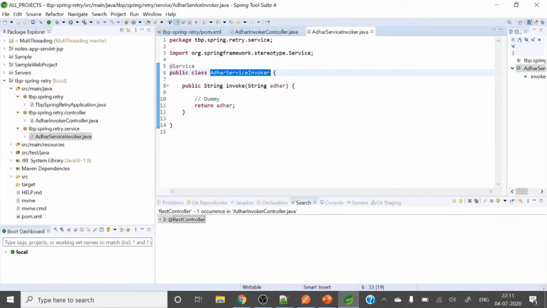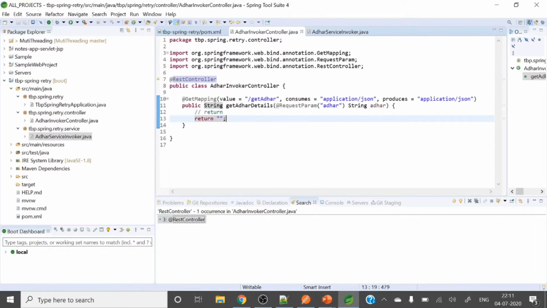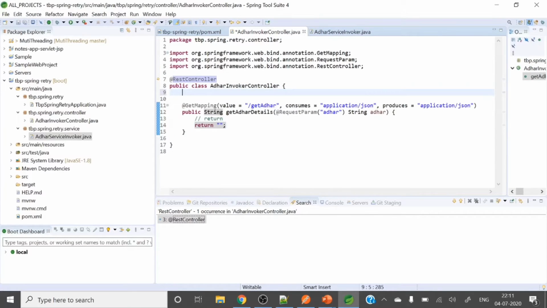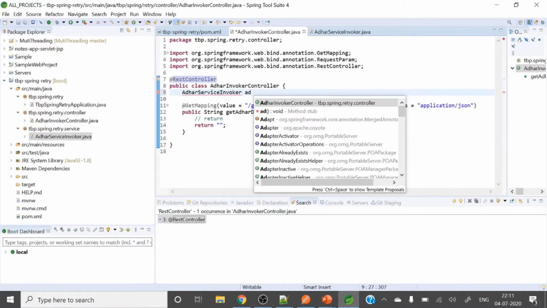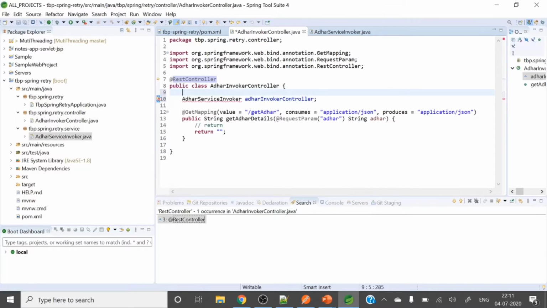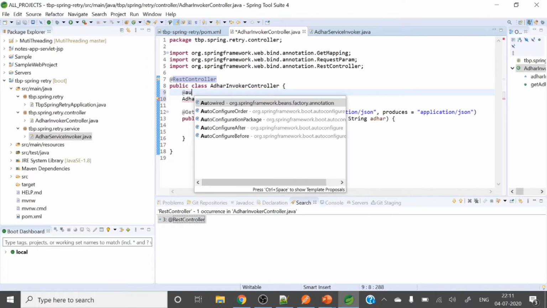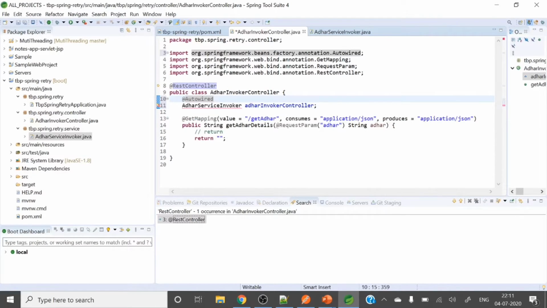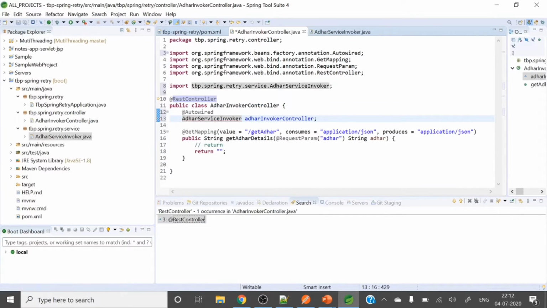Let me take this one in that controller and annotate it with @Autowired. This class we should import, Control Shift O. It's imported. So here we need to call.